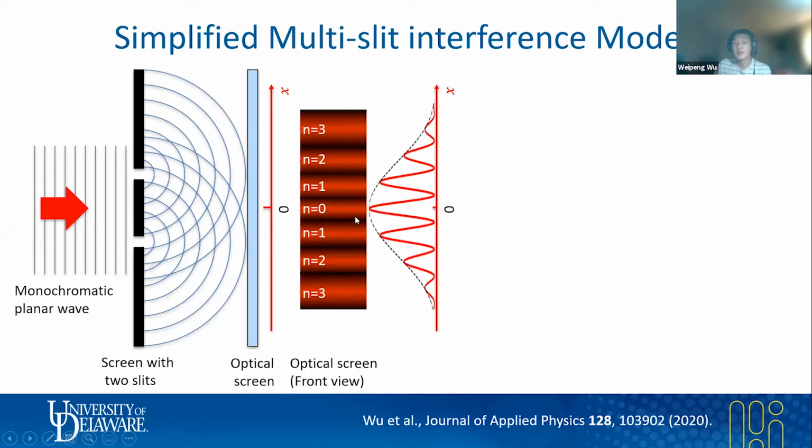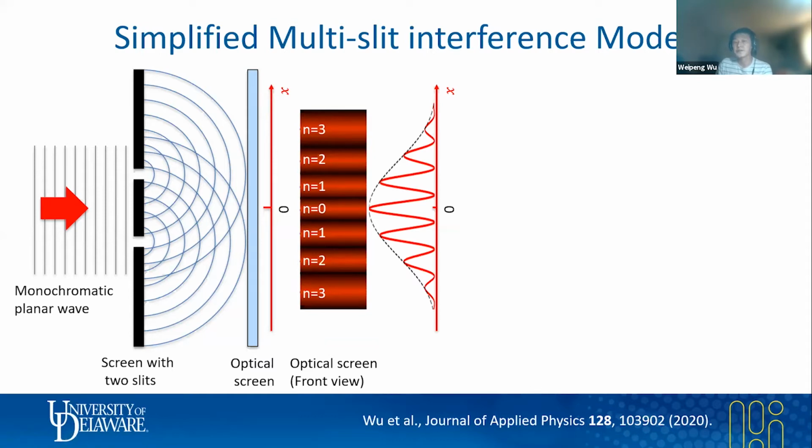And the intensity distribution on the screen can be numerically described. Now let's recall, the terahertz radiation is a sub-millimeter wave, which if we choose the proper slit width and slit separations,